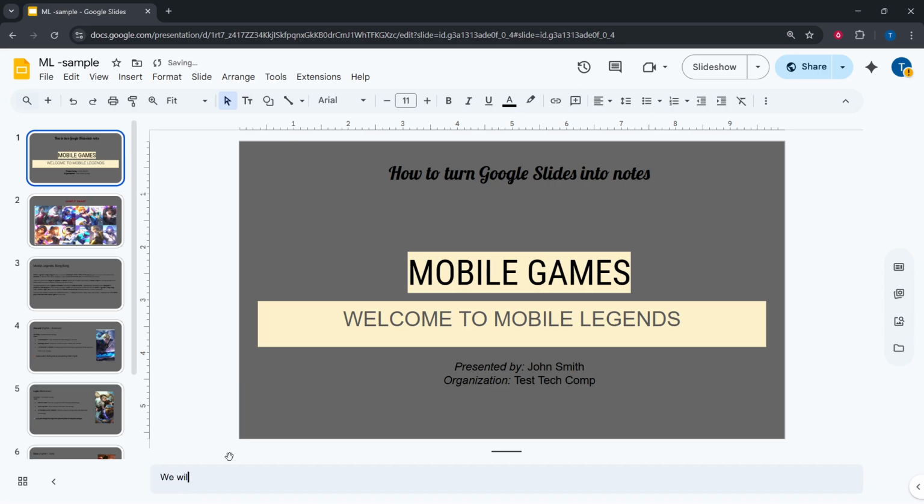Now, you may not see the notes pane right away. Don't worry. This is a common occurrence. If this happens, look toward the top of your screen and find the View tab. Click on it, and from the drop-down menu, select Show Speaker Notes. This action should bring up that elusive notes pane, making it visible and ready for you to enter your insightful